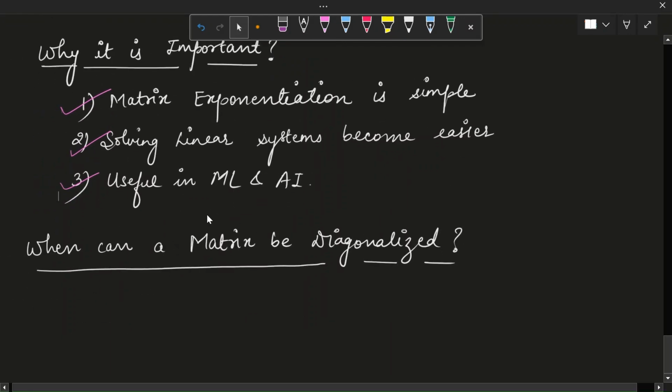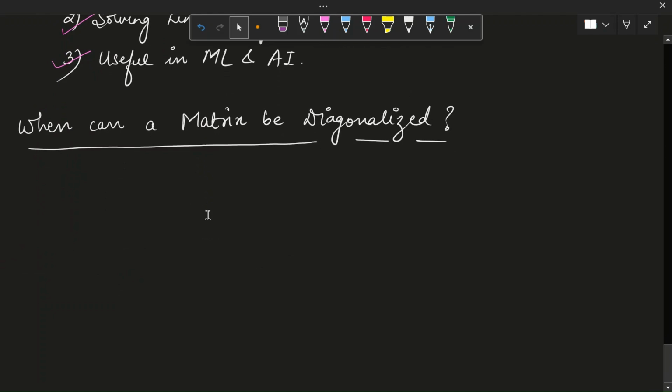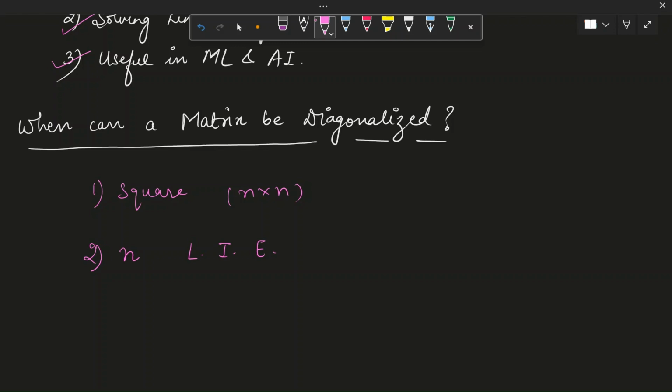So next is, when can a matrix be diagonalized? Matrix A can be diagonalized if it has n linearly independent eigenvectors. Now, what does that mean? Firstly, the matrix must be square, that is, it should be an n cross n matrix. Secondly, the matrix must have n distinct or linearly independent eigenvectors. If a matrix has n distinct eigenvalues,